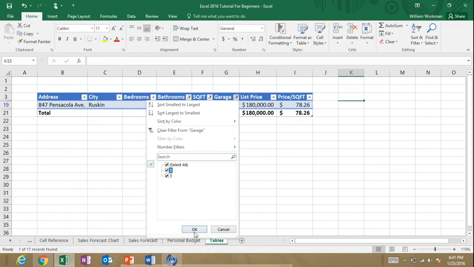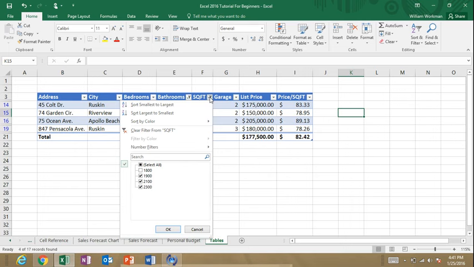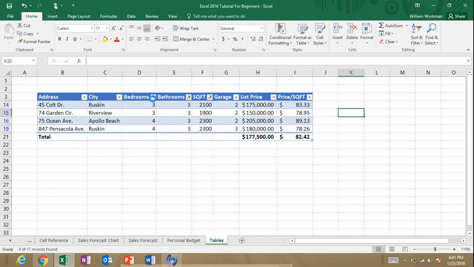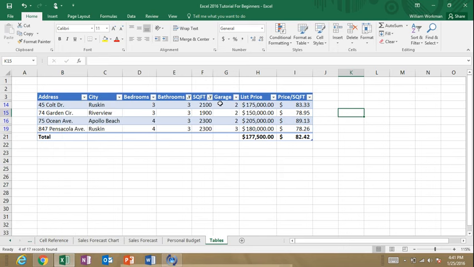Now we start adding items back in. We have to work on the very last cell that we sorted and filtered. You can't go back like I did to bedrooms. It's only going to show what's available in that list, but if we want to get our table back to where we started,